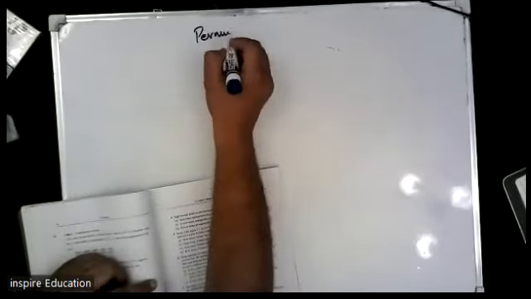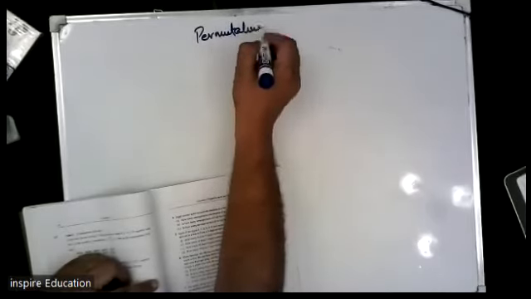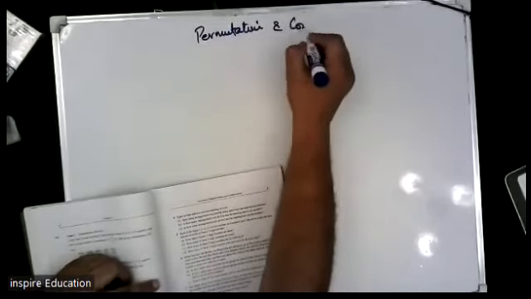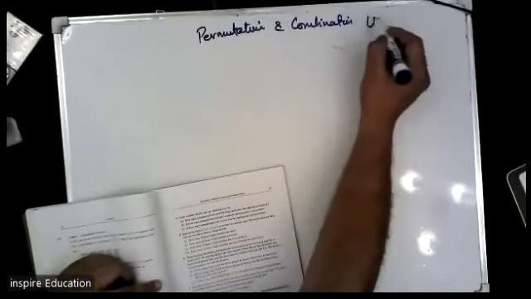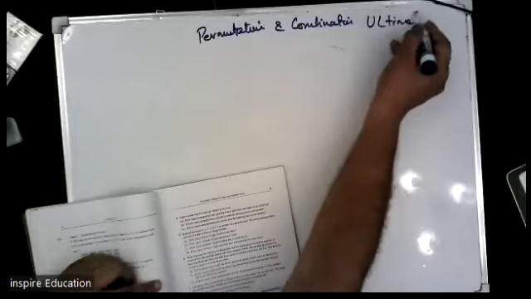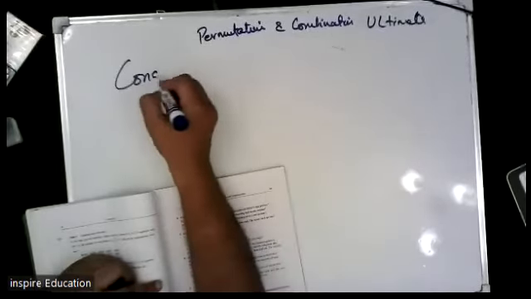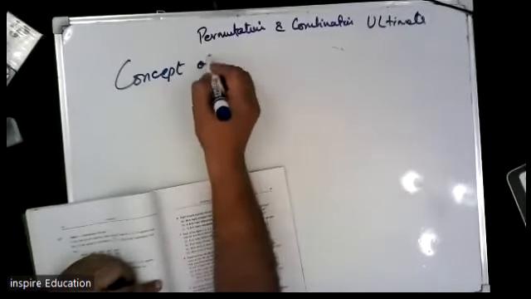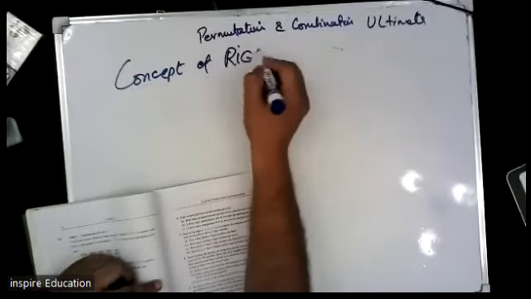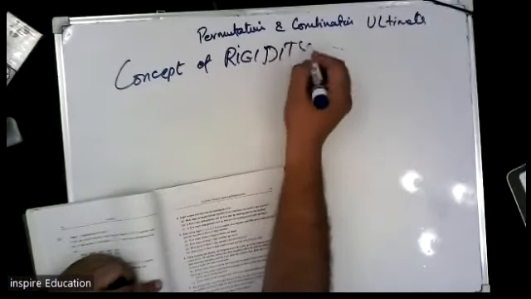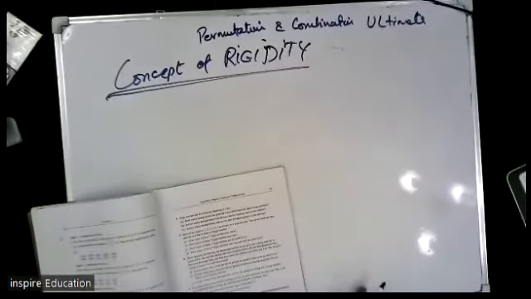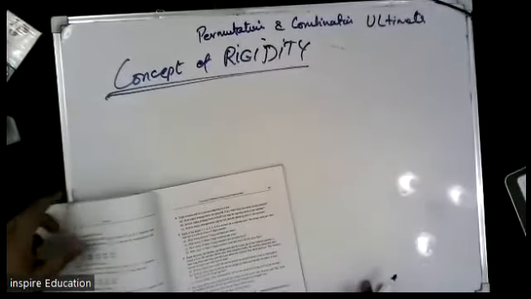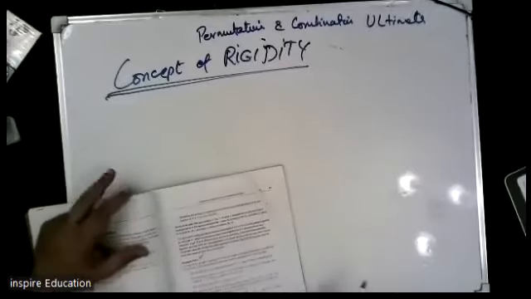Permutation and combinations. Ultimate. It's called the concept of rigidity. The concept of rigidity. To reference, we consider this